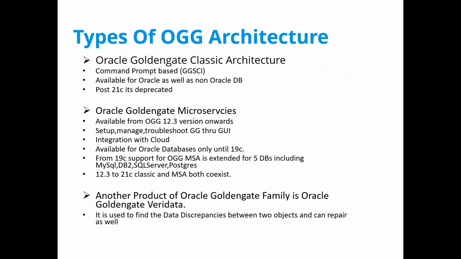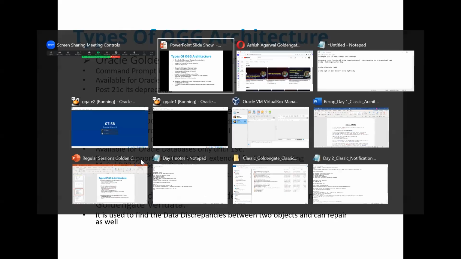From 19c, support for Golden Gate microservices was extended to other databases as well. Okay. So the databases which include MySQL, DB2, SQL Server, and Postgres apart from Oracle. So from 19c, support for Golden Gate microservices is extended to these databases. Okay. So just to give you an overview,